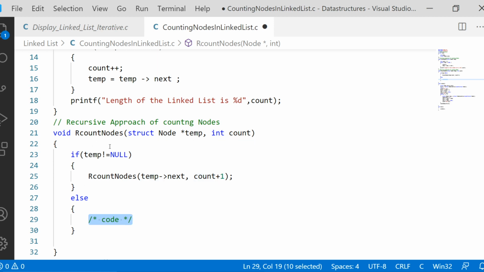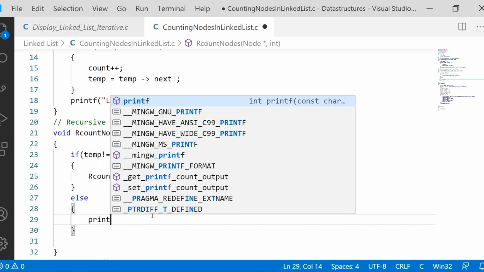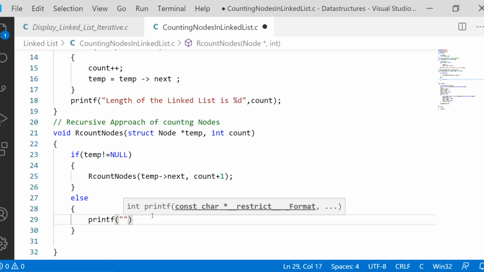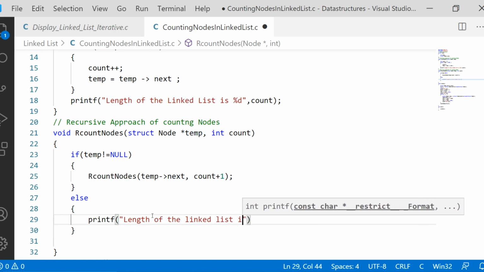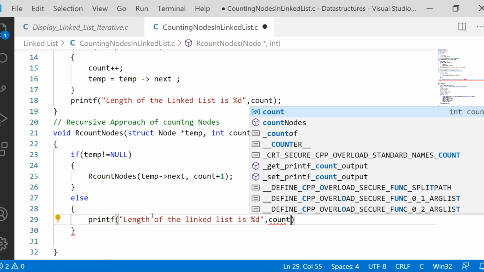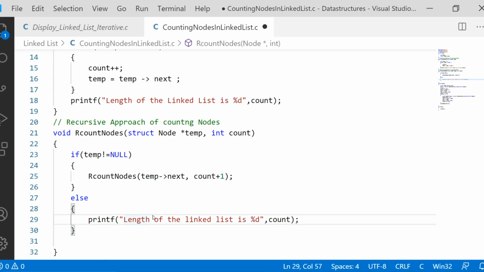Else, if this condition becomes false, which means if temp becomes null, then you can stop and simply print that the length of the linked list is %d, and the value is going to be in the variable count. This is all about this recursive approach of counting nodes.